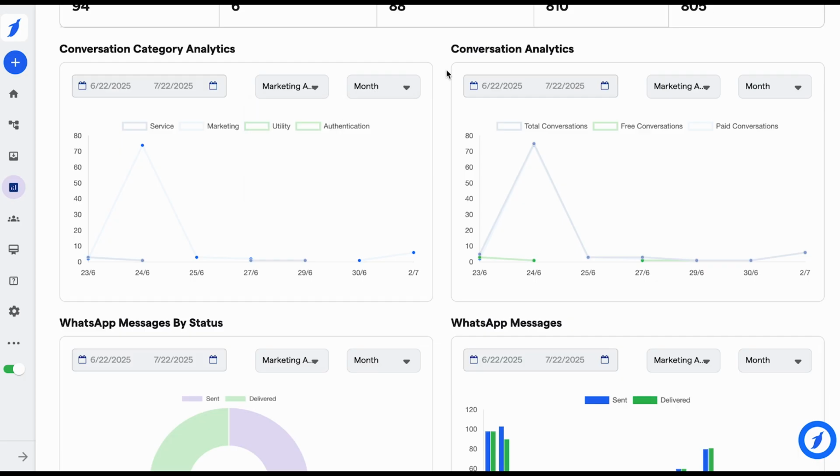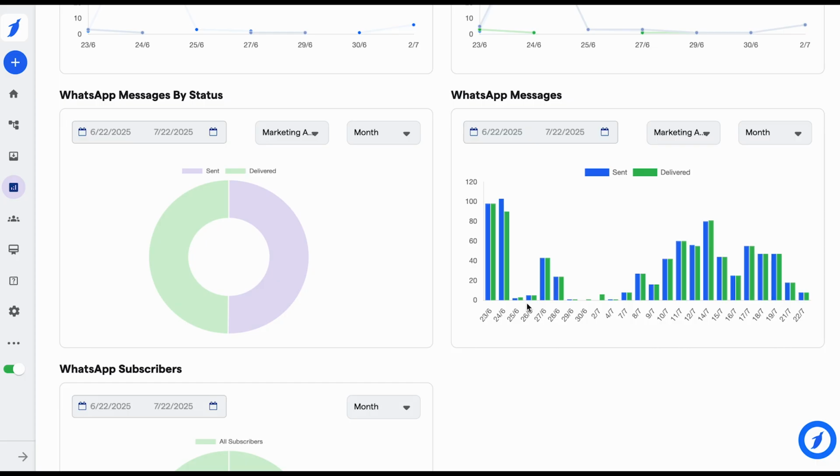In conversation analytics, we can see the total number of conversations that have occurred over the duration of time specified in the first box. These conversations correspond to the bot that has been selected as well as the time duration in which it is represented. Moving downwards, WhatsApp messages by status showcases the division of WhatsApp messages that have been sent back and forth